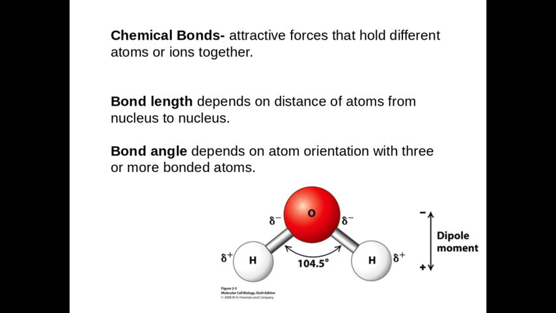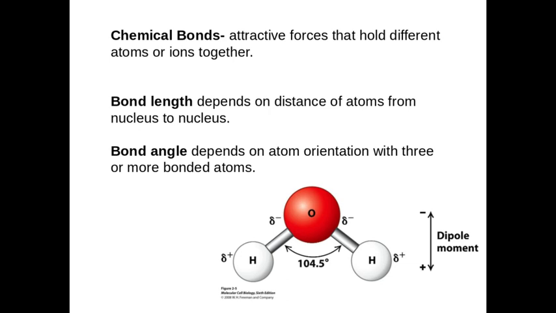So the distance between the nucleus. Okay, and based on the distance of that bond length from nucleus to nucleus, usually that makes the atom either stronger or weaker. The stronger bonds are usually shorter bonds, whereas longer bonds are usually weaker. Okay. And then we get to the difference in bond angle. It literally tells me how the atoms are oriented within that compound. Okay, so it's all based on the atom orientation